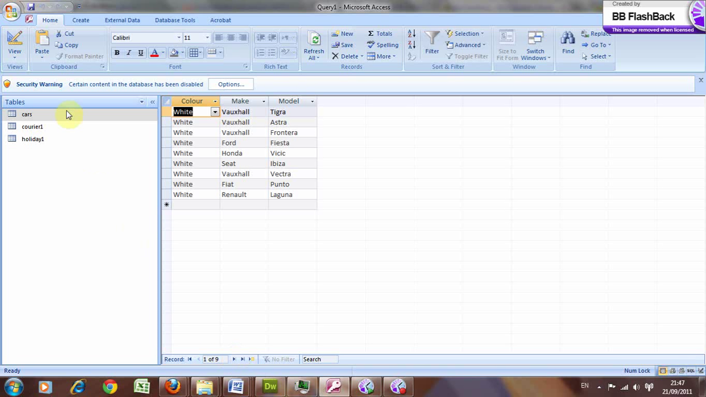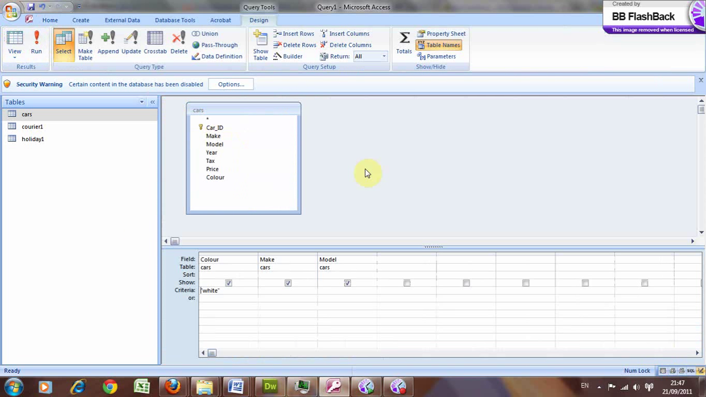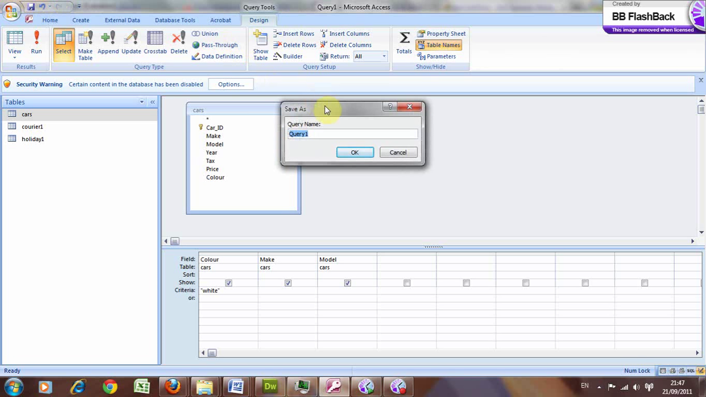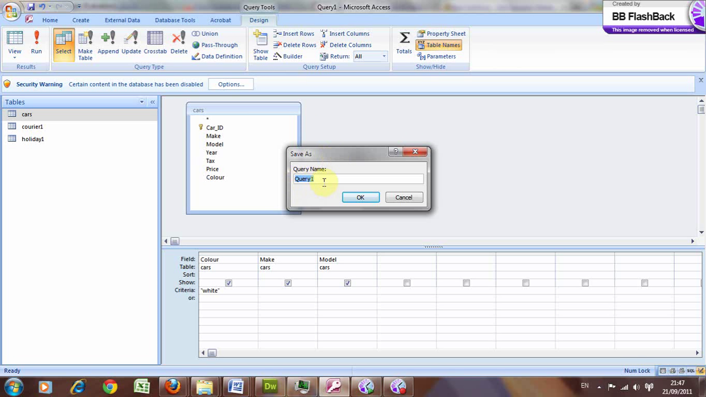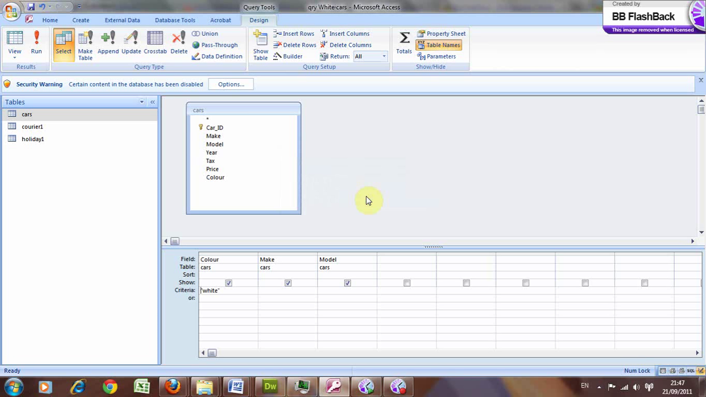So if we go back up here to the view button, and if we click it, we'll go back into query design view. Now we want to save the query, so I'm going to click up here on the save, and you'll see the save as box pop up, and the default is query 1. So we're just going to call it QRY white cars and click OK. Okay, so now we can close the query,